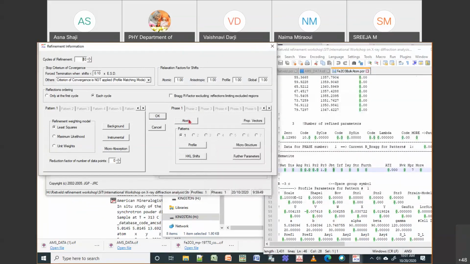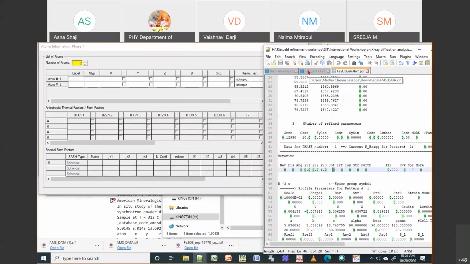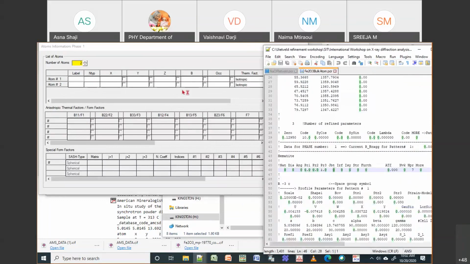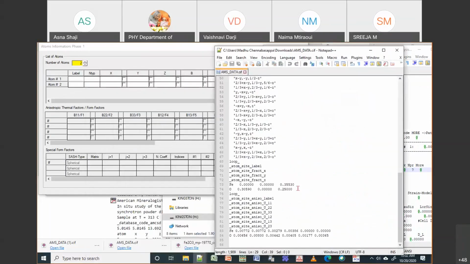Okay, so now I'll go to this one, and then I can put number of atoms as 2. Okay, because I will go to this one, CIF data. Okay. So if you go here, you can see there are two atomic positions. One is for iron, and the next one is for oxygen.